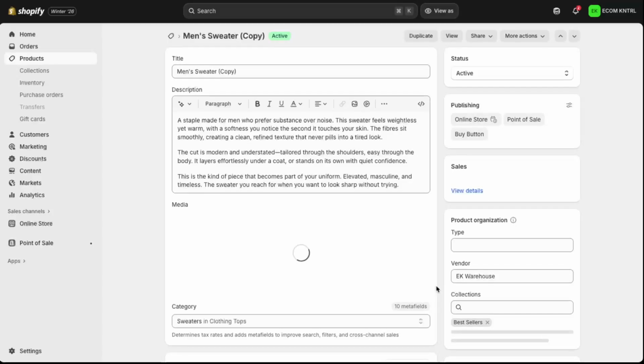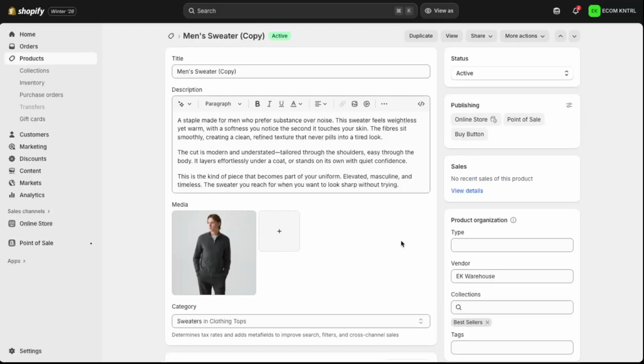Next, you'll be taken to the final confirmation screen where you'll see an option labeled Duplicate Product. Click on Duplicate Product to complete the process. Shopify will now create a new product based on the original one. From there, you can safely adjust any settings, content, or related elements, knowing that